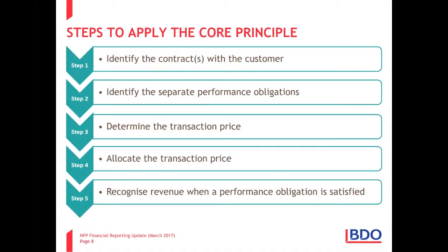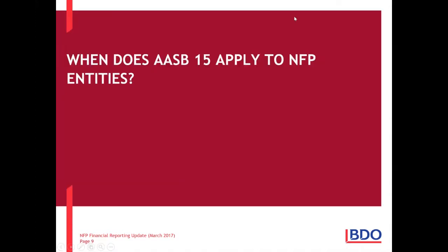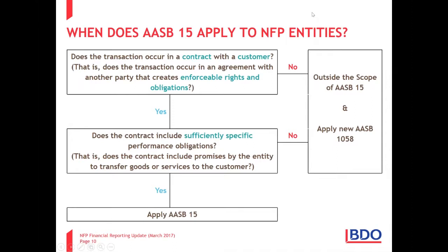Now, as a not-for-profit entity, listening to this, you might say, I would love to be in AASB 15 because I would like to recognize my income as I fulfill my promises. Now, it's not as easy. You can't voluntarily elect to apply AASB 15. So a big question for not-for-profit entities, so when would AASB 15 apply to me, or when would I have to recognize my revenue to line up with my promises? Big question.